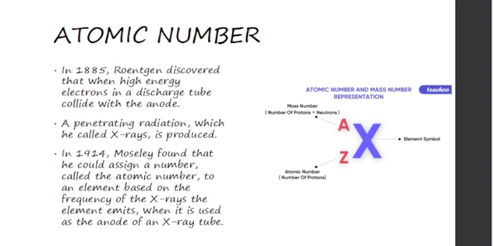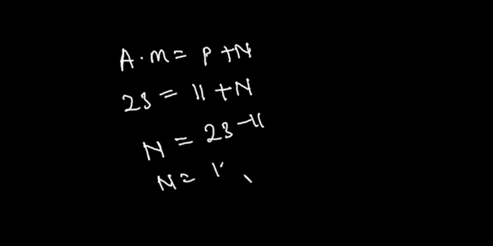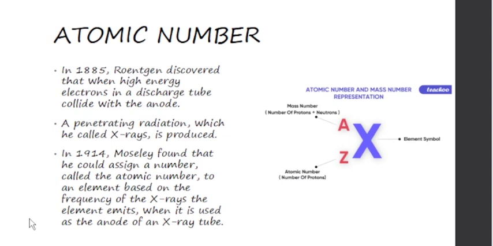Let's solve that. As we said, the atomic mass equals the proton plus neutron, which means if the atomic mass is 23 and the proton is 11, your neutron can be found. How? Neutron equals 23 minus 11, and you find out that your neutron is 12. So that's that basically. So going back to our study. With that said,